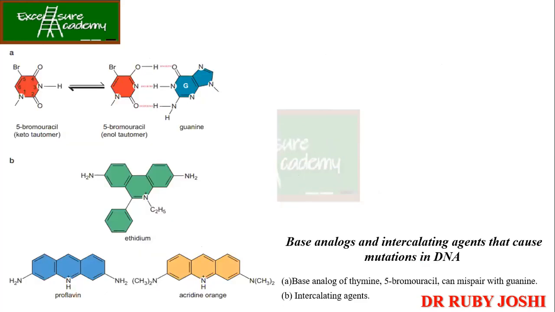ठीक है? जब हमने पहले बोल दी कि वो analog है, so of course there is a chance that the enzymes are going to make a mistake. For example, 5-bromouracil. So 5-bromouracil, if you see, the structure is very much similar to the cytosine and it is going to base pair with the guanine. अब क्या होगा? Again, even though there was no cytosine, but it is base pairing with the guanine. Correct? Now, next is the ethidium.